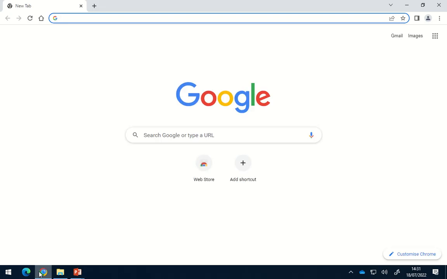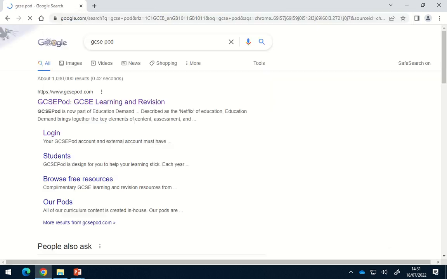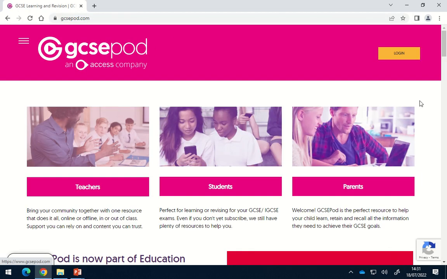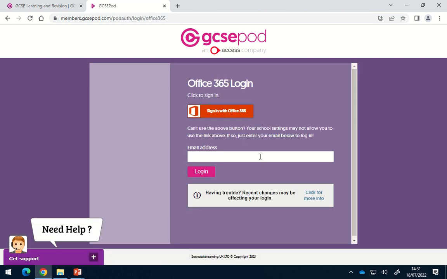If you go onto a web browser, type GCSE Pod into the browser. I'm just going to go on to GCSE Pod and then click Login. Now we're going to use what we call our single sign-on. So we need to click on Sign In with Office 365. So if my email address was 17smithj, like the students, at